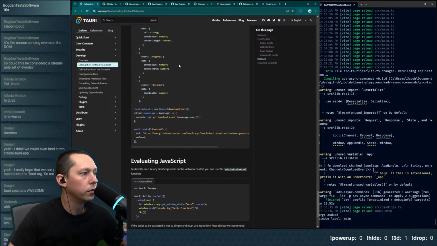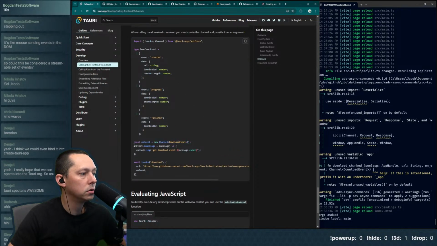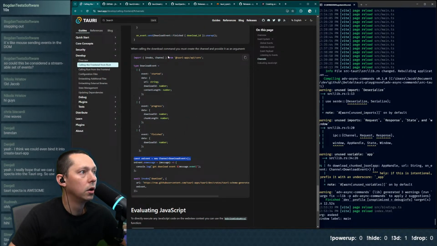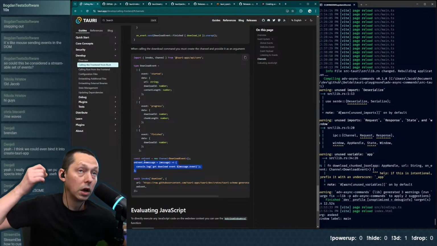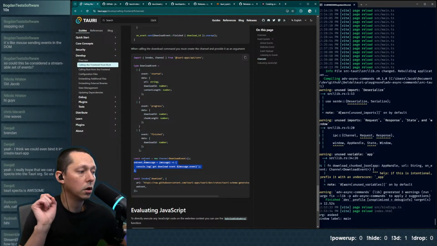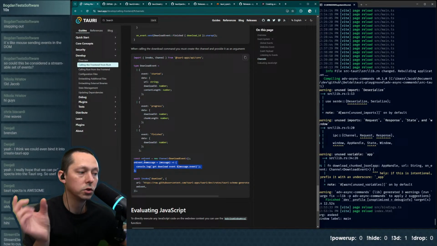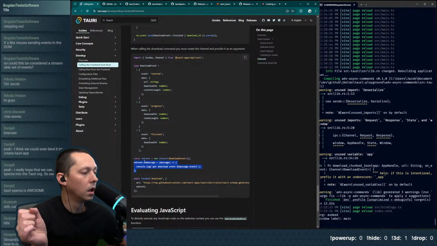And then on the front end, we use the channel API imported from core, and that accepts events. Every time we call .send, we are executing a callback in the channel class constructor. And that then will in turn call the onMessage handler, which in this case is logging it out.